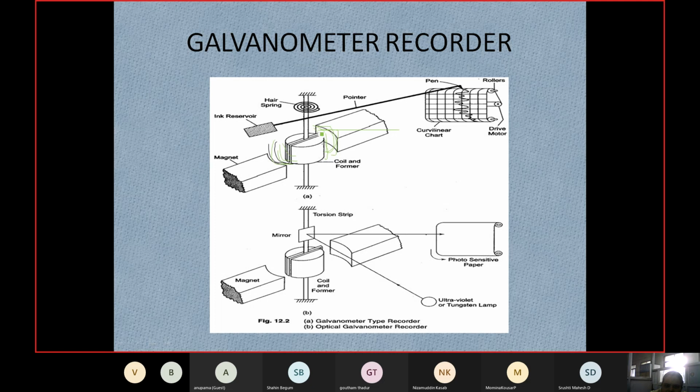A magnetic field is going to be generated. And when a magnetic field starts generating due to the current, this coil starts deflecting.